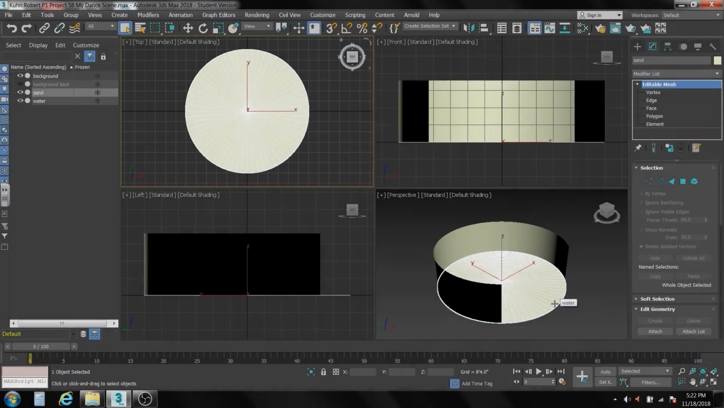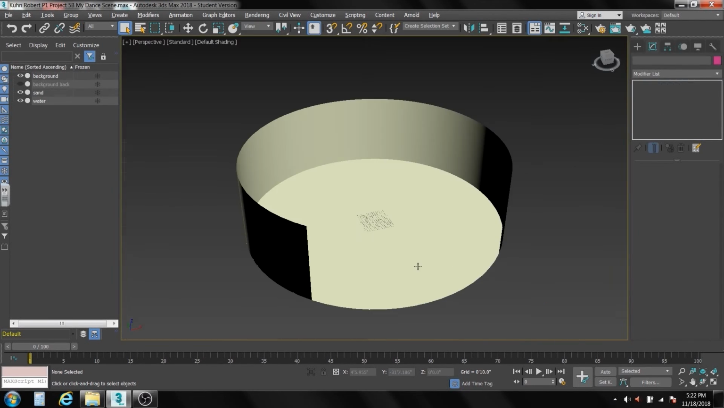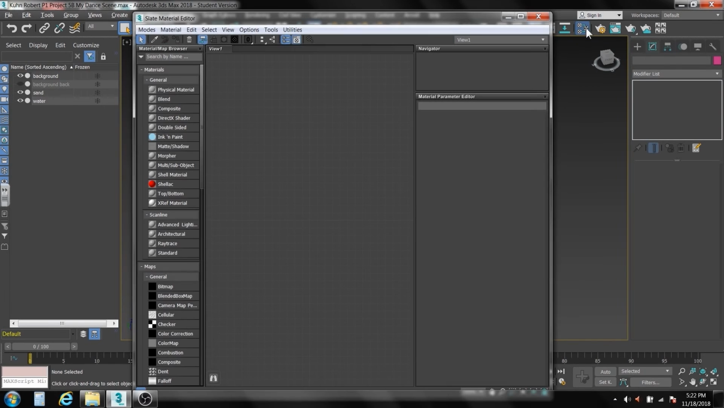So there we go. So we've got that. So now I think before I do anything else, I'm going to put the materials on it so it actually feels like it's becoming something. So I'm just going to go Alt W here so that I can go a little bit bigger. And I'm going to bring up my material editor